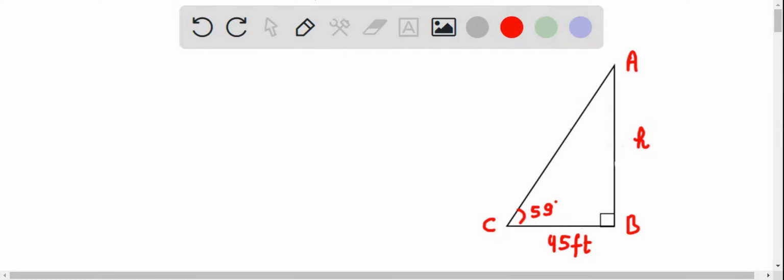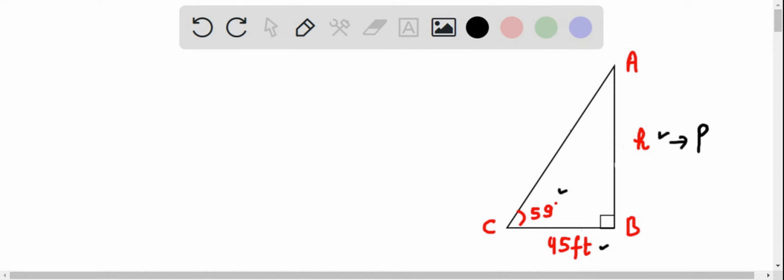So in the given question, basically we need to find the value of h, that is the height of the tree. So here this angle is given as 59 degrees. This is h and this is 45 feet. So if this is the angle, then this would be treated as perpendicular and this length will be treated as